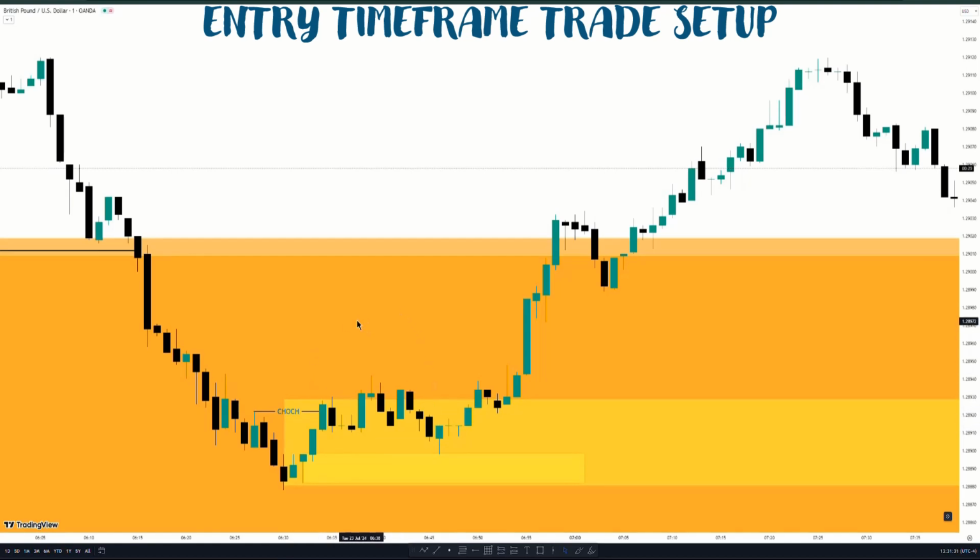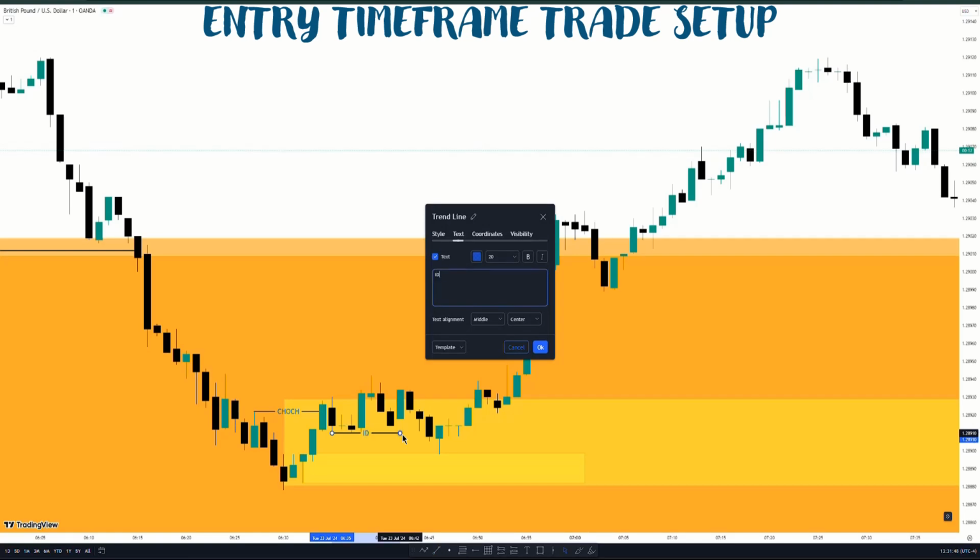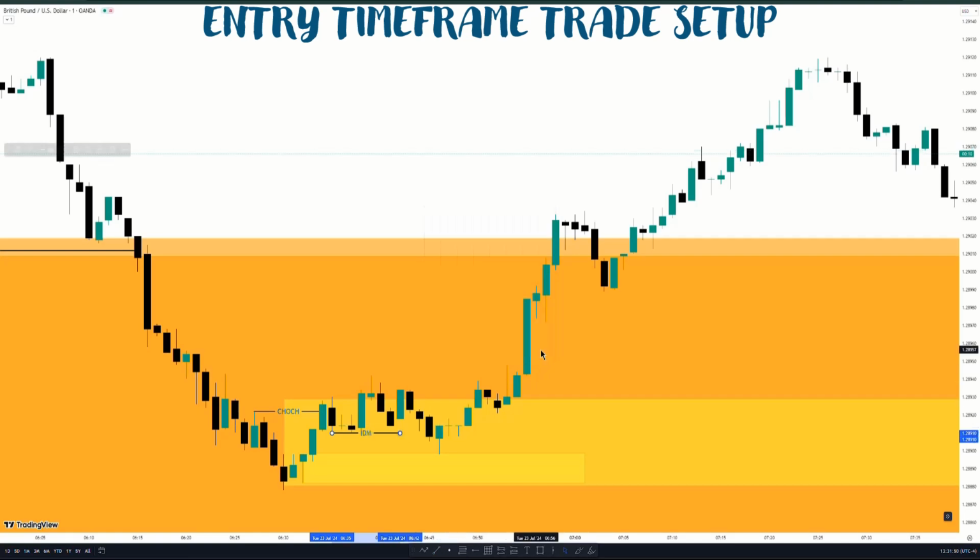So here, all right, you have a change of character here. Okay, and then the market took out this inducement right here. This is your inducement in form of liquidity. That is your inducement right there. Okay, and then the market came all the way down to this single candle order block again. So if you are taking a long here